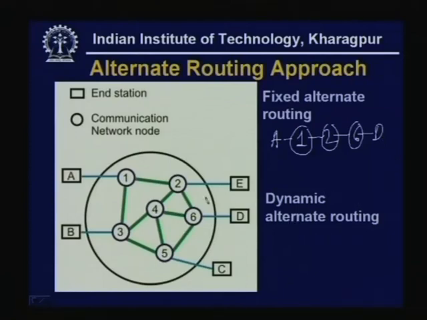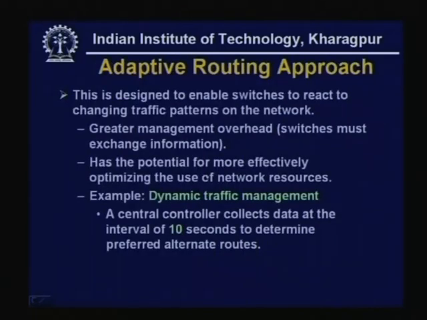For example, another alternate route can be, say, from 1, instead of 1 to 6, it can be 1, 3, 5 and 6. So, this is the alternate route. These alternate routes are available. Maybe initially the shortest route is tried, and if there is blocking, then the alternate routes are explored in the alternate routing approach. On the other hand, the adaptive routing approach is